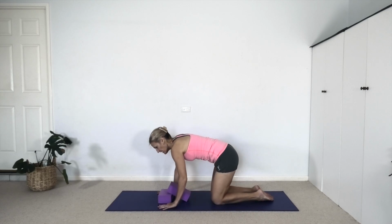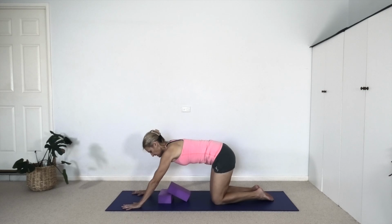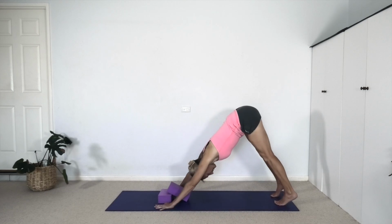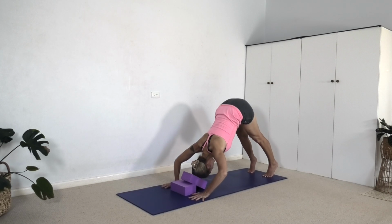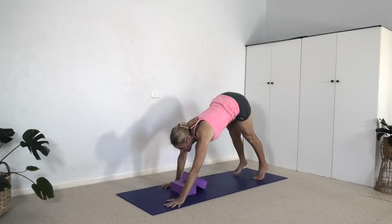Now, as I'm setting up for dog pose, I want to have the hands further forward than the line of the bricks. If I try to lift into dog pose with my hands in line with the bricks, then you'll see how far away my head is from the bricks. And then there's this question, well, do I have to bend the elbows to get the head down? And that seems very odd. So you need to have the hands further forward